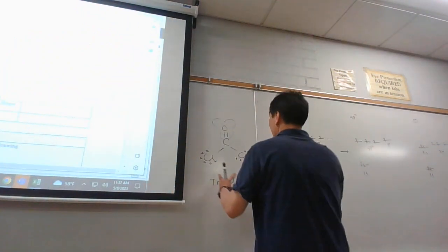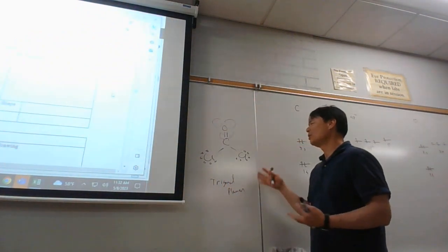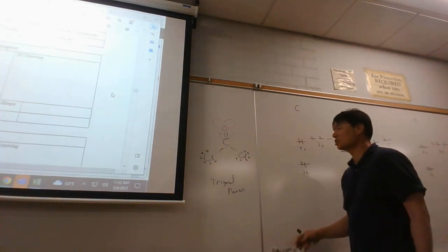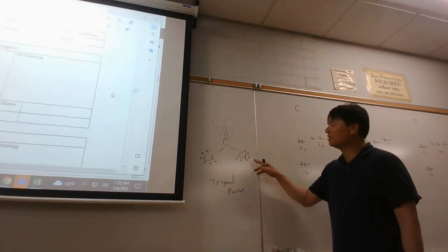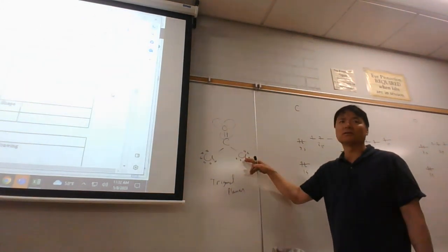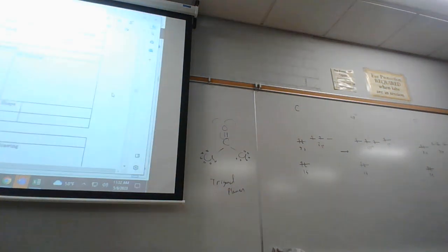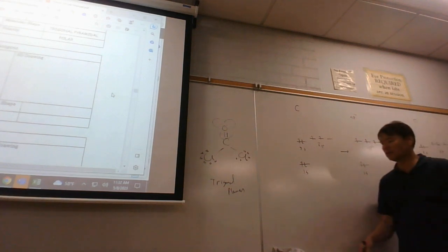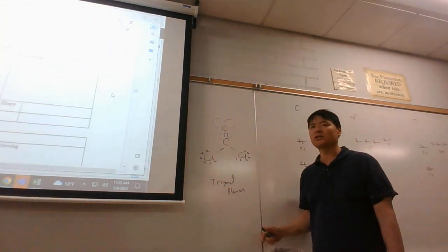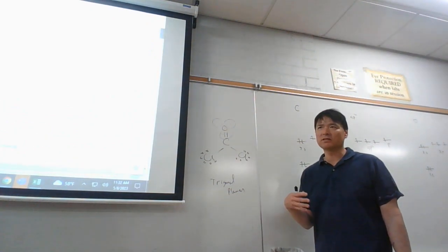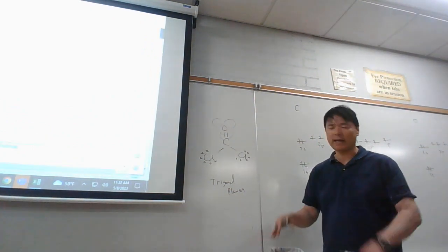Now, chlorine's a bigger atom, so the repulsions might not be as great in the 3rd shell as in the 2nd shell. And so many books don't hybridize chlorine. But what we're going to do is just hybridize everything. Because how do you know when to hybridize and when not to hybridize? So we're just going to err on the side of hybridization here, as we get more experience, because this is a mix of